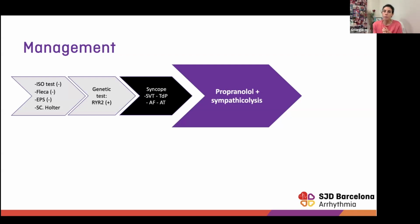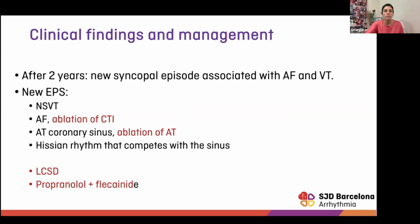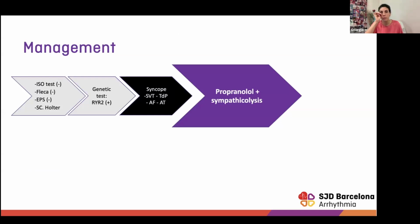And that's why these procedures of left cardiac sympathetic denervation should be performed in centers that are used to them. It's not exactly the same as treating sweating hands. That can be a reason why some left cardiac sympathetic denervations don't really work, because sometimes technically it's not the same, okay? Once we make sure that our surgeon understands what we want, then everybody's happier, okay? But that's very important. So he was started with propranolol, and very early